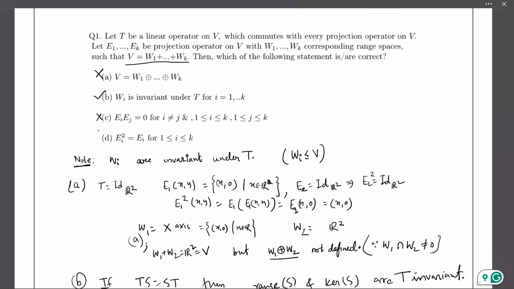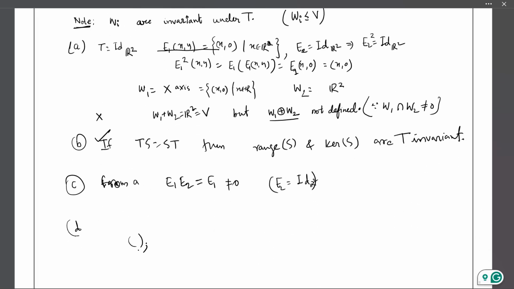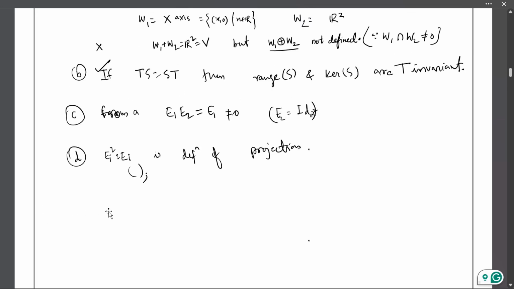Incorrect. Each EI is a projection. This is the definition of projection, and it is given as a projection. Okay, so we have two options correct. What is this? This is just EI square is equal to EI, the definition of projection. Okay, so